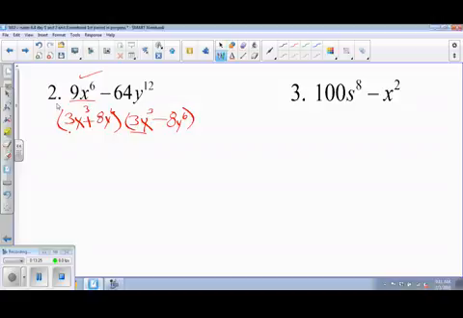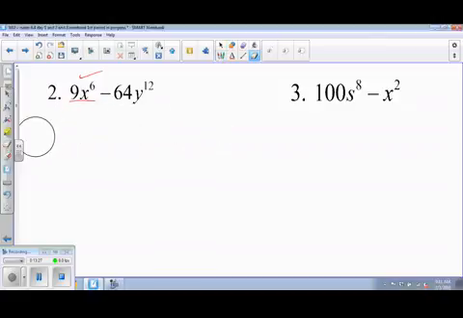I'm trying to scroll. I'm going to rewrite this. That looks nice. So it's